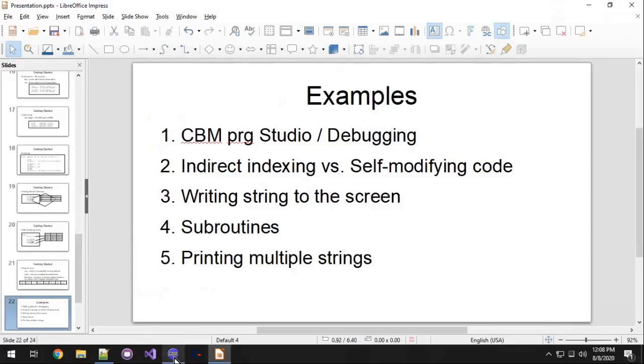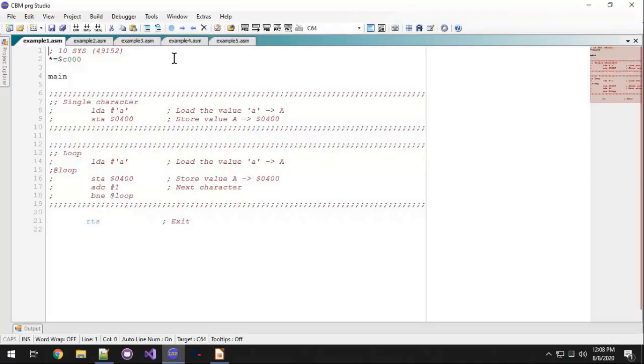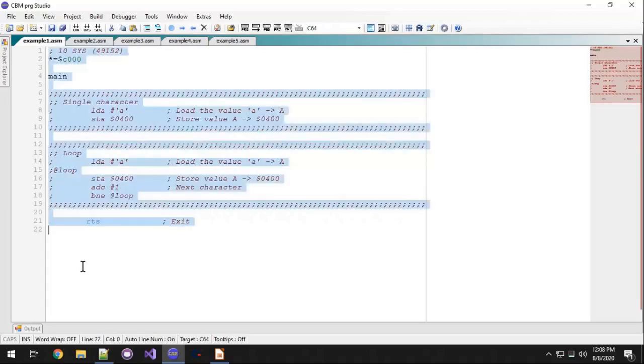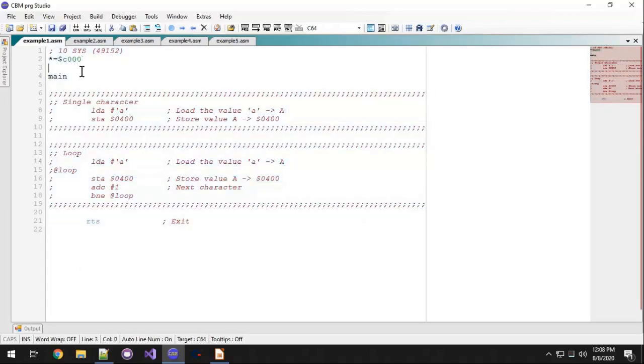Okay, so I'm now going to switch over to CBM PRG Studio. And here it is. I have some basic code already typed up for us. There's a couple things I want to talk about first. This assembly program is outlined as a very basic program. The very top over here, every program has to have. This is known as the entry location of where your program will be loaded into memory in the Commodore 64. So this first line of code says star equals